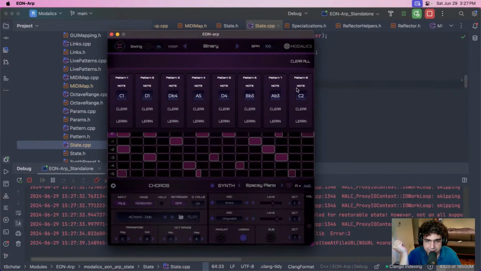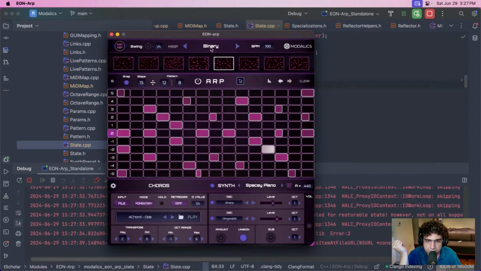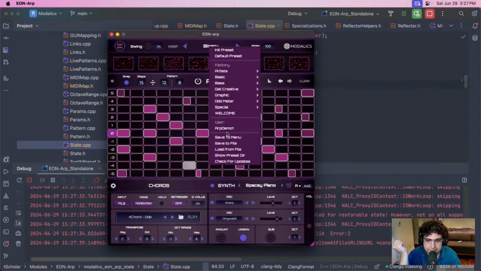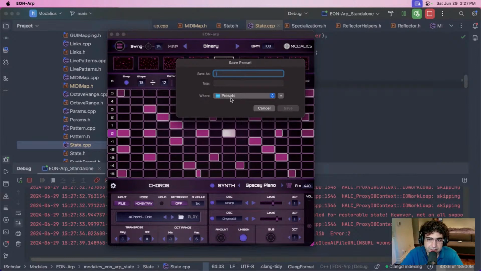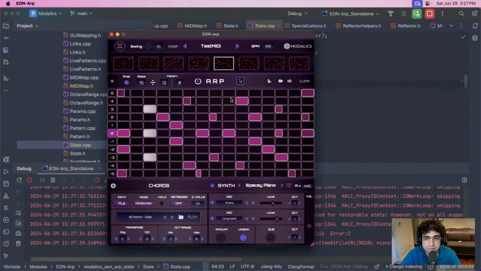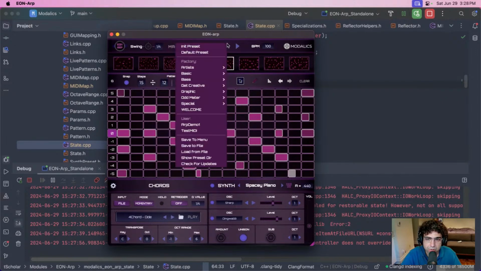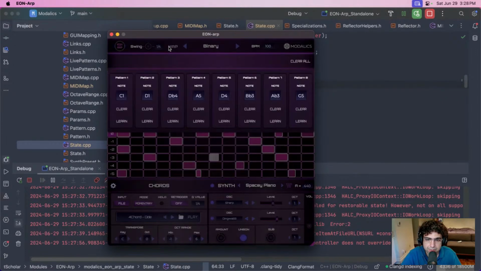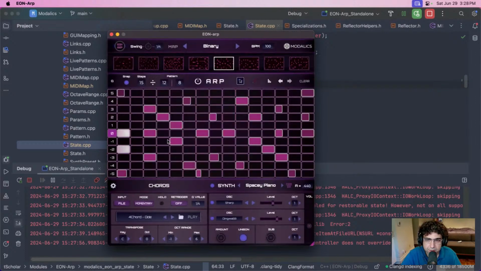Do some crazy map. Let's save this. Let's call this something like test MIDI. So now when I change it,